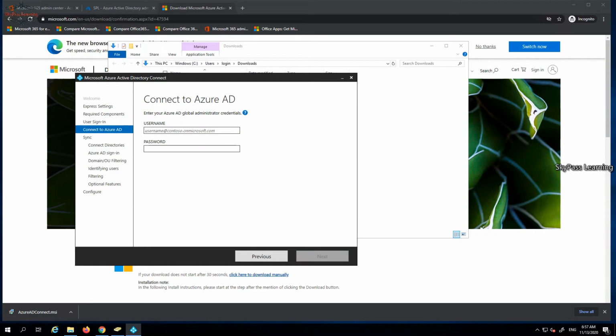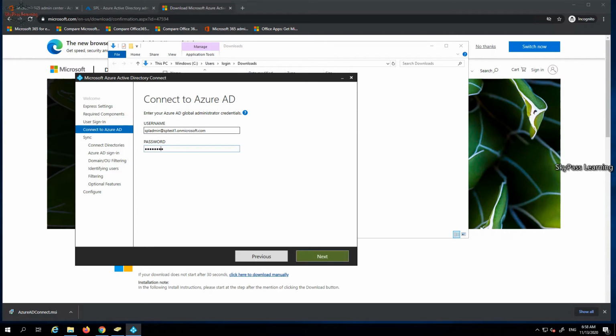It's asking me to enter my Azure AD Global Administrator credential. So I'm just going to enter it. It's my SPL admin account, test1.onmicrosoft.com. Okay, and the password for this account.